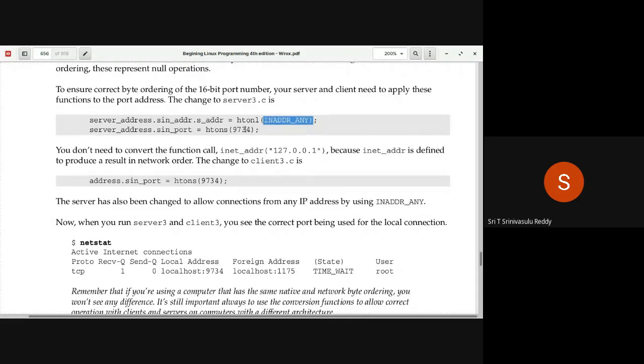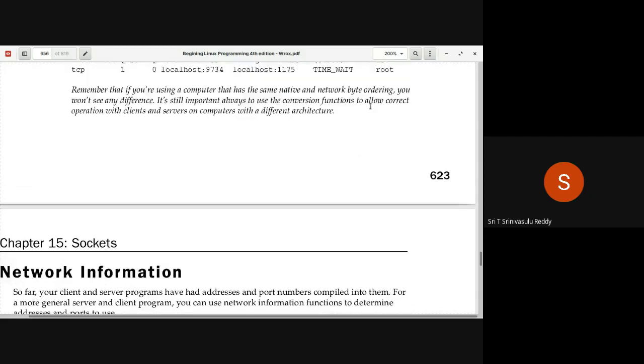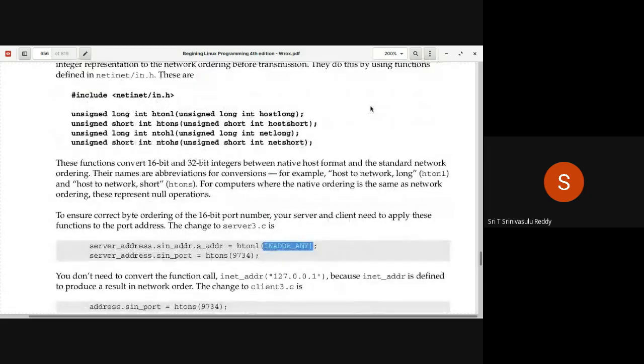And remember, inet_addr will always convert that into network byte order, so no need to do anything regarding this particular thing. So by doing all this, you have to write the program. You have to make necessary changes to the earlier programs, in fact.